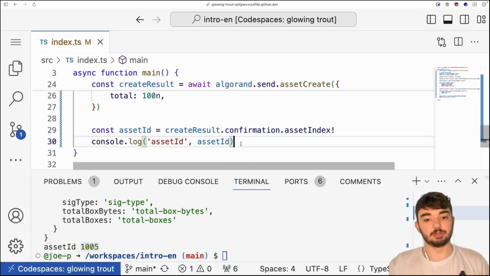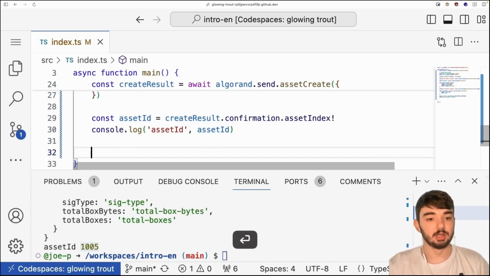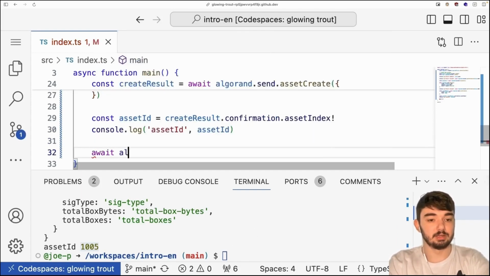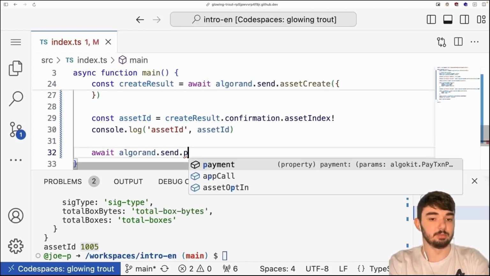So let's talk about how we transfer assets. And before you just copy this code and close the video, the code I'm about to write will throw an error. It will not work. But I want to walk you through why, so I'll show you it not working first. So I know to send a payment, I do await algorand.send.payment.